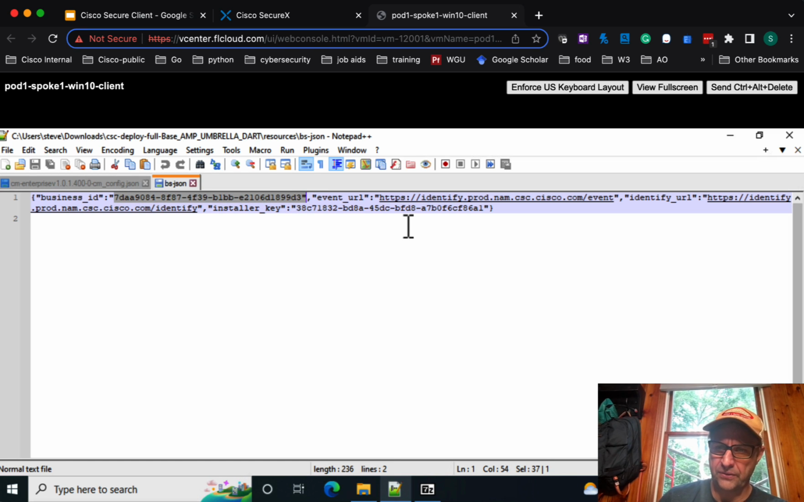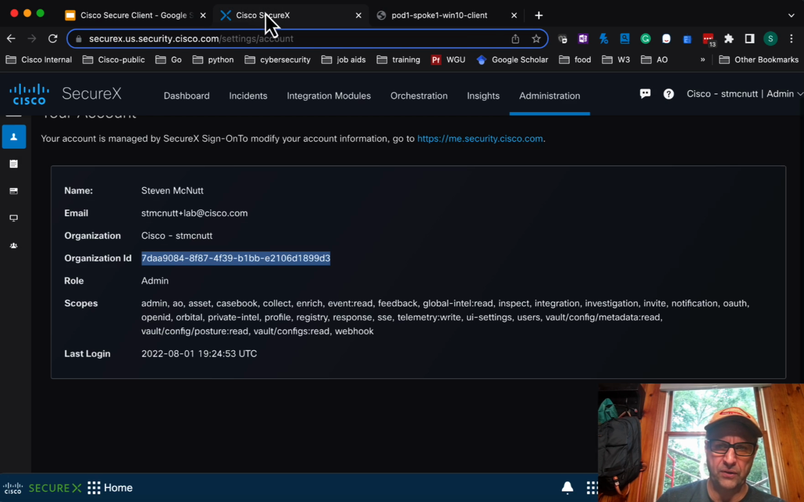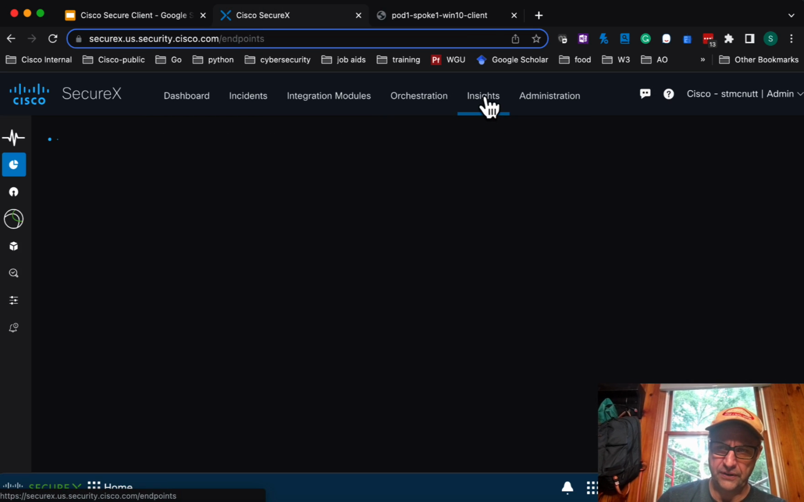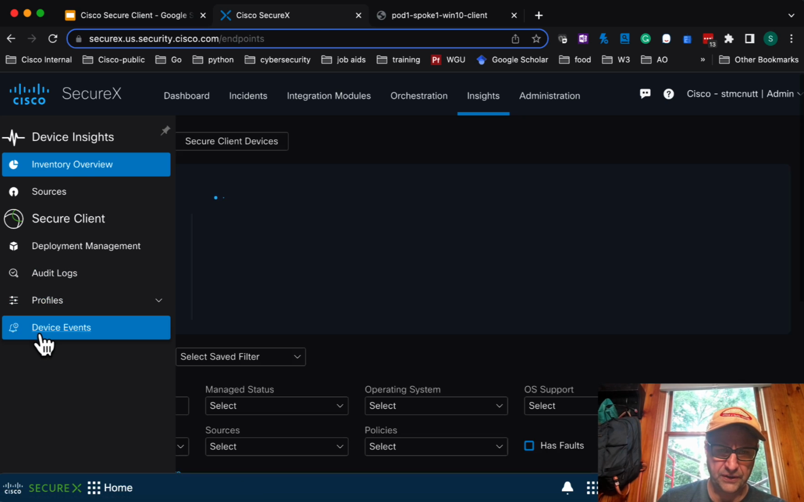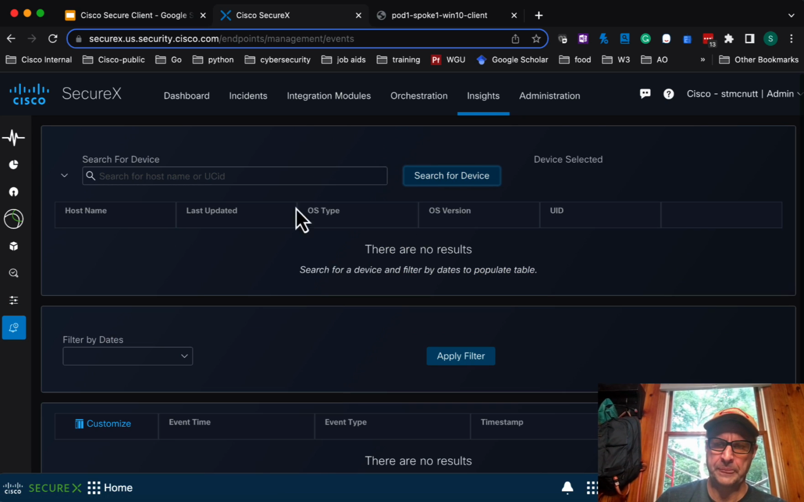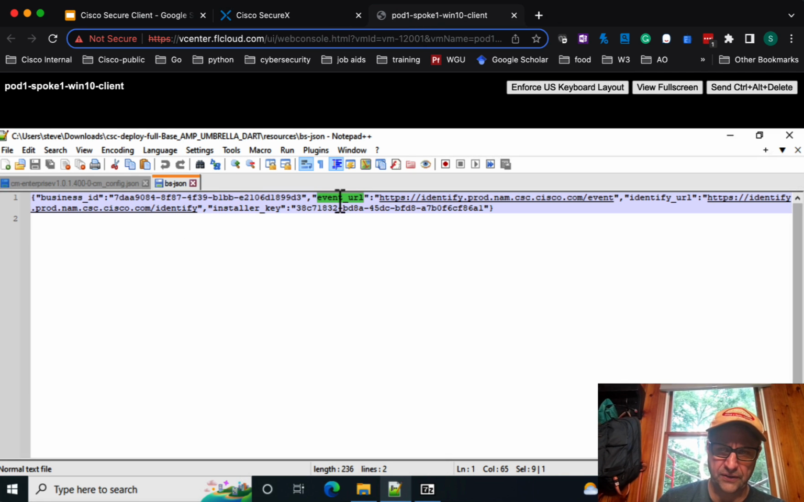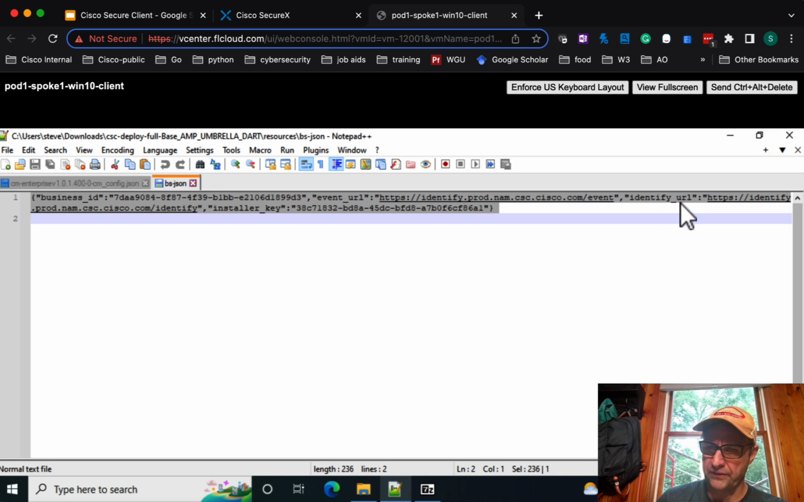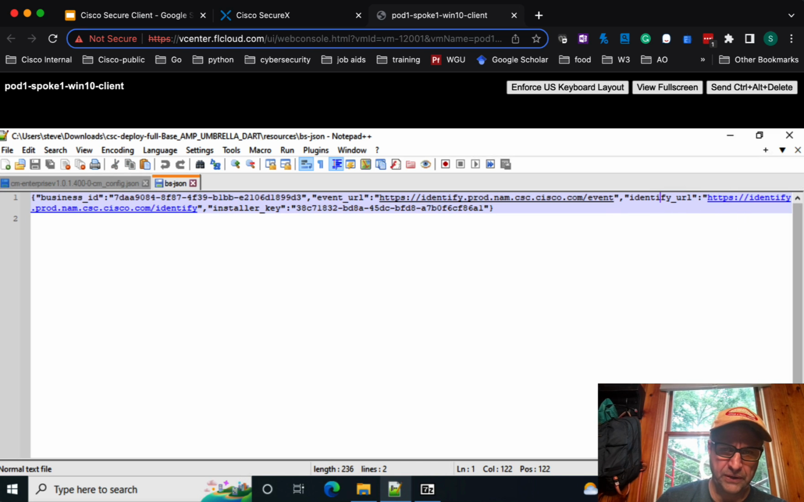And then you've got 3 URLs. You have an event URL. So that's where, if we were to go back over here and go to Insights and look at device events, that's where this goes. So that's the URL that tells the client management tool where to send events. We have another one that tells it where to send identity information, right? And then we also have